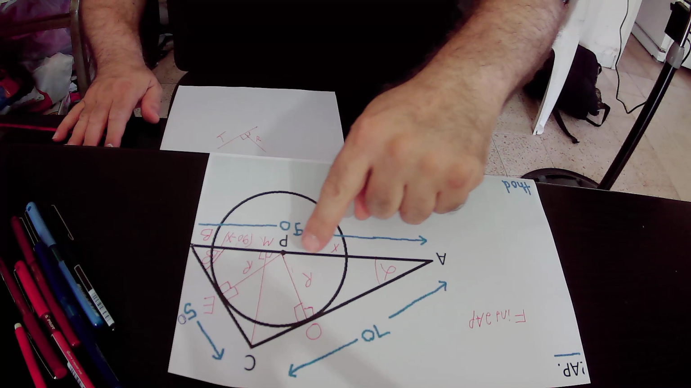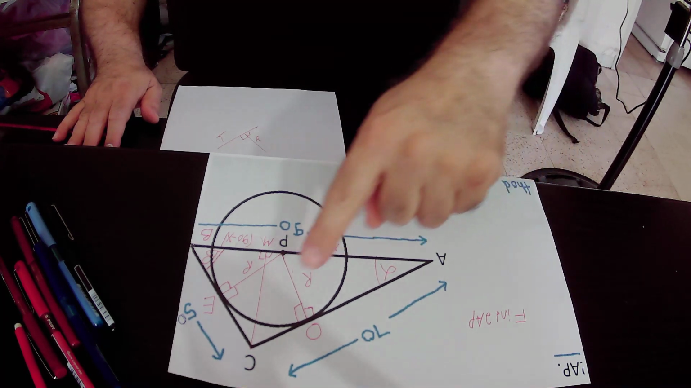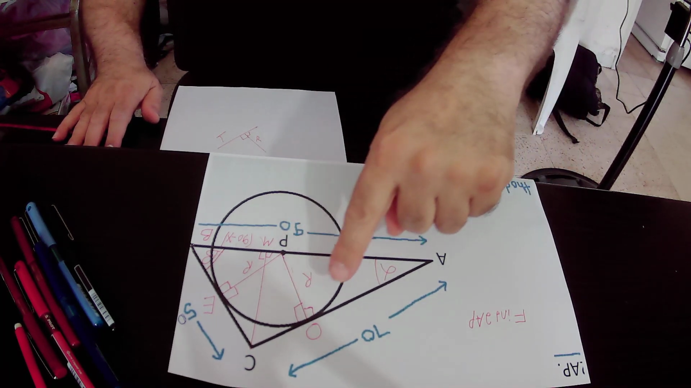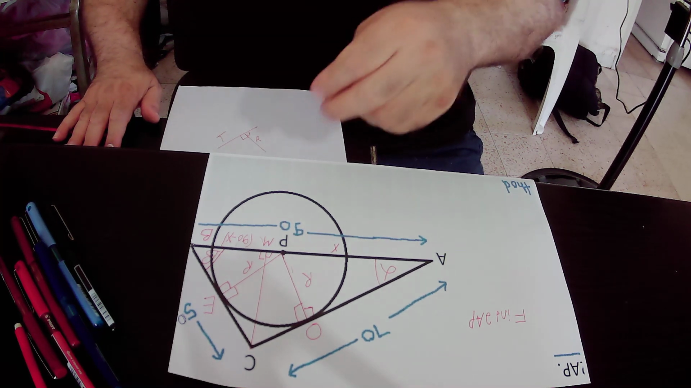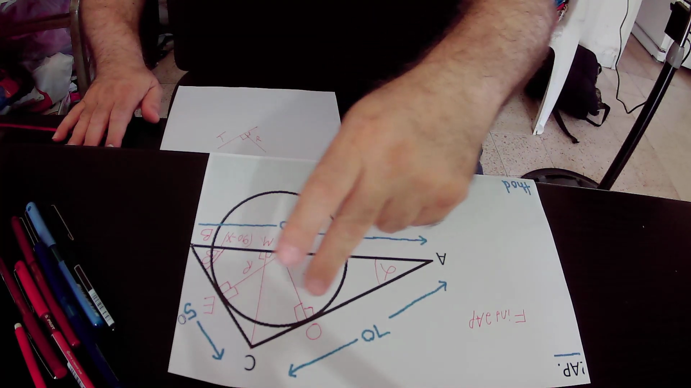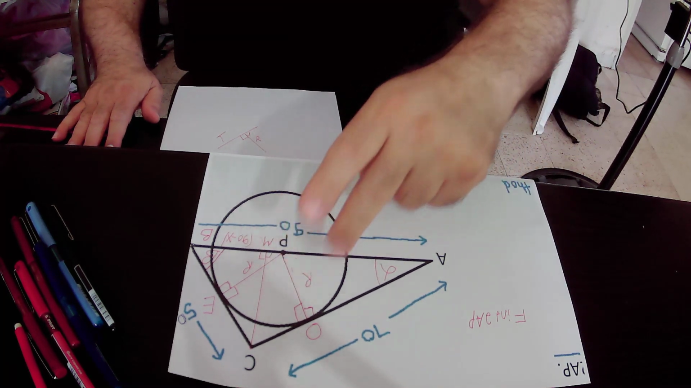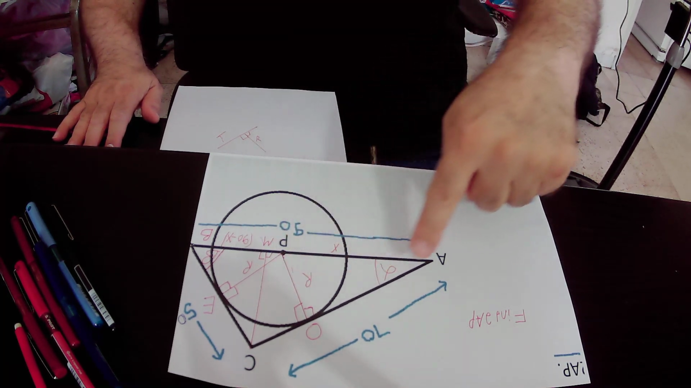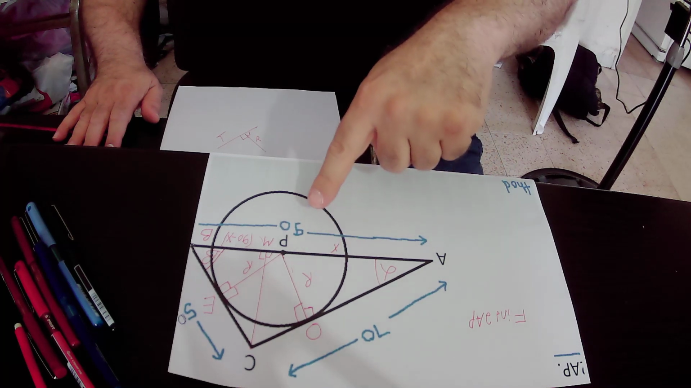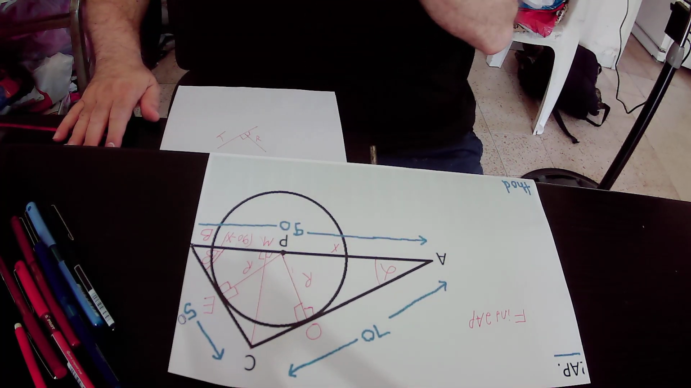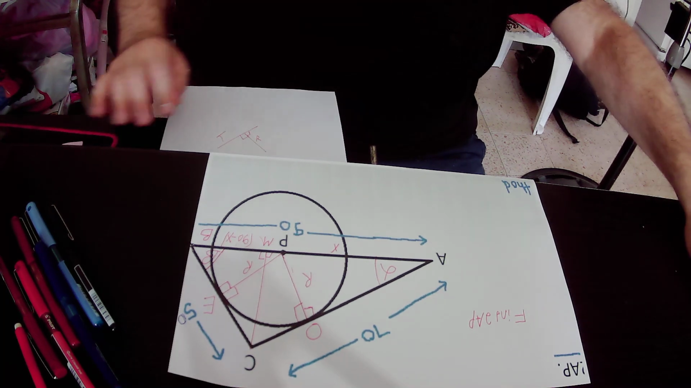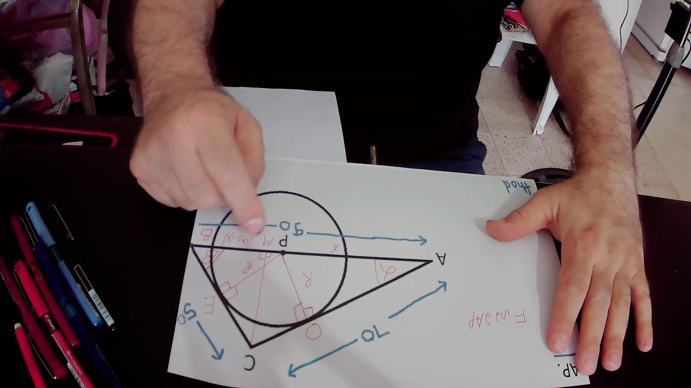PO is the radius of the circle, and AC is the tangent to that radius, and according to rule number 1, the radius is perpendicular to the tangent. That is to say, angle POA equals 90 degrees, and also angle POC equals 90 degrees. And in the same way, the radius PE